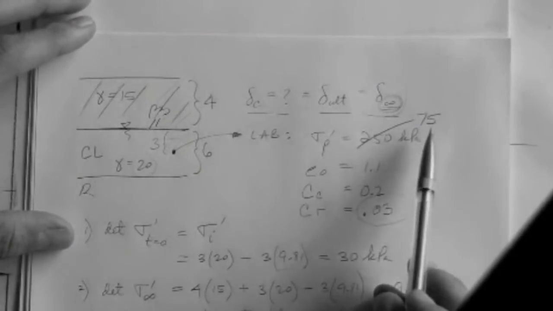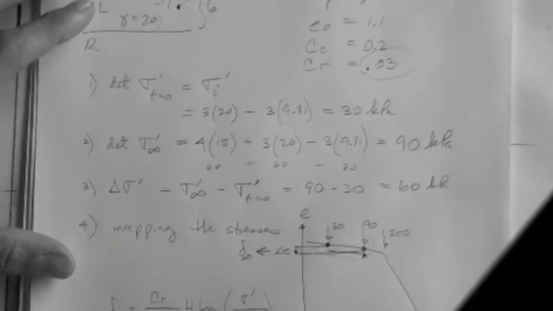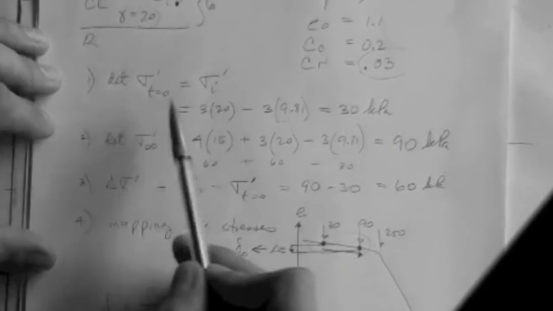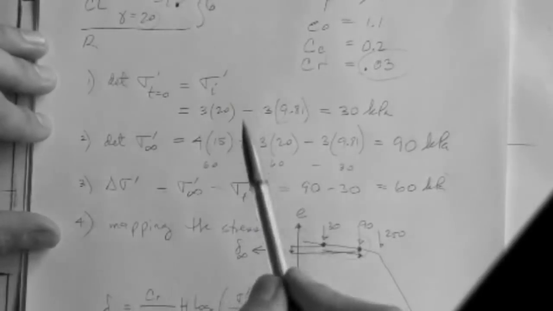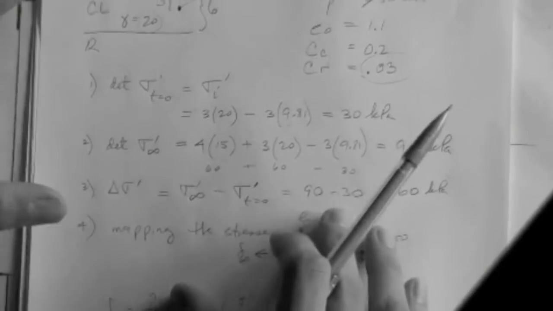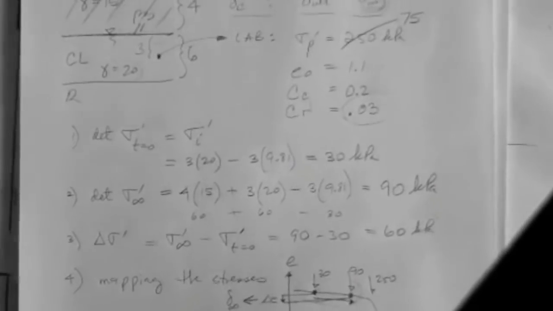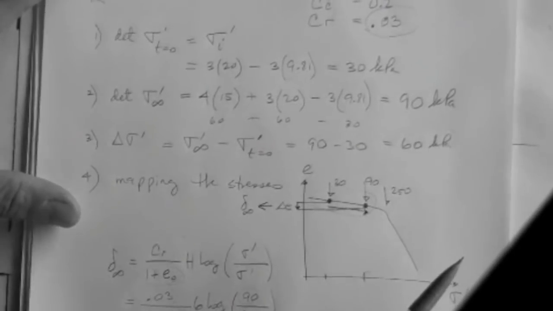Okay. So let's check everything. The lab provides now this corrected value. Everything else is the same. As far as they have told us, we don't have to change any other parameter. Okay, we determine the initial effective stress. That is the stress before we place the fill. Okay, the water table is there. Sorry, the water table is where we drew it, right there, right. And so the calculation is as follows: